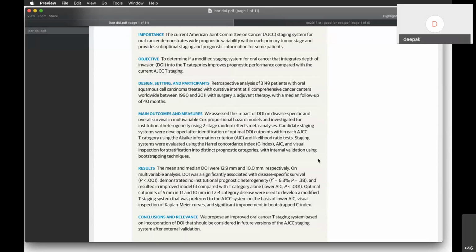Found out the DOI cutoff. So DOI is a continuous variable. Patient can have 1 millimeter depth of invasion, 2, 3, 4, 5, 6, and thereon and thereforth. So they looked at the depth of invasion with the T category using something called the Akaike information criterion. And then they found out which model fit best using the Harrell